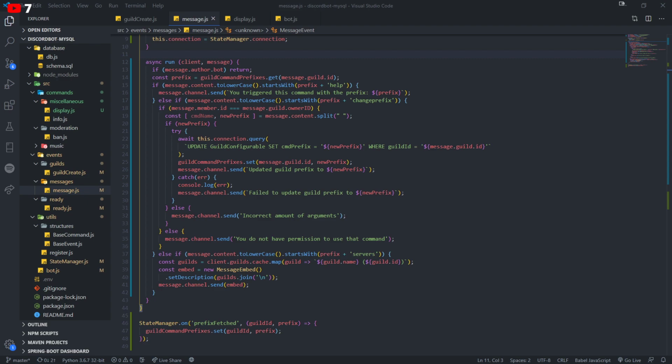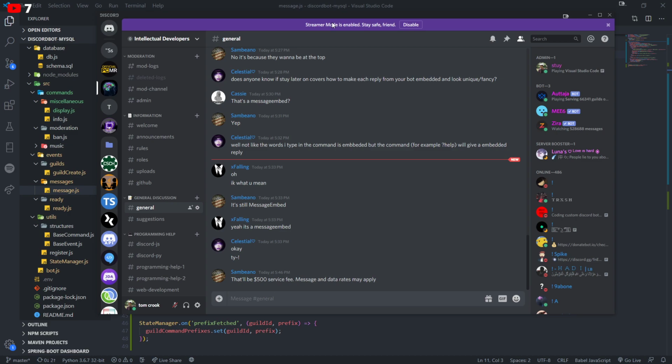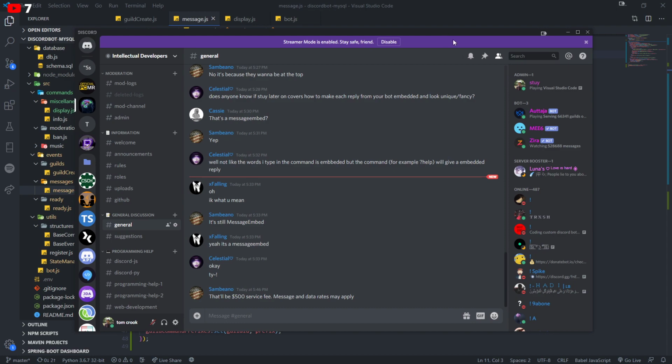Yeah, so the way I would do it is, let's say for example I have a server with moderators and trial moderators. I'll let my moderators have a command that allows them to expel people. So when they issue that command, it's going to expel the user by their ID or if they're mentioned, and it's going to put that data inside a database.